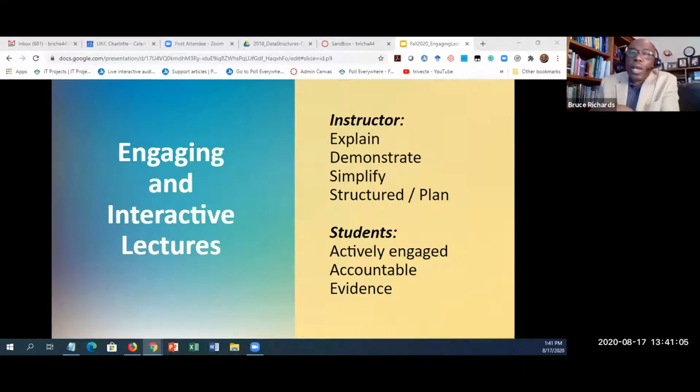To do that, we have to hold our students accountable based on when things are due, or accountable to knowing reading, because we know, Sharon will agree with me, our students do read before they come to class. So we have to have them be actively engaged in the content beyond just watching us.